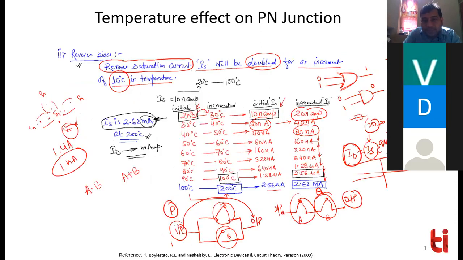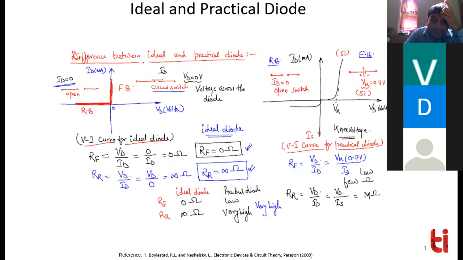Okay. So next is the difference between an ideal diode and a practical diode. So what is the ideal diode? A diode हमने एक पढ़ लिया. What do you think? What should be the ideal diode? Ideal diode should be like a switch, one switch. And what is a switch? Let's say you have a V here and you have an I here. So how should it work? When the voltage is negative, the current should be zero. And as soon as you give a positive voltage, the current should be infinite like this. This has to be the ideal diode.